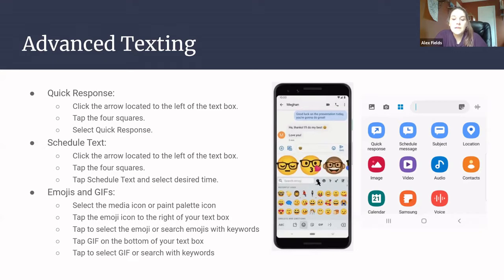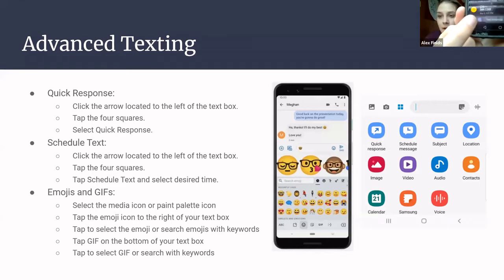And there should be a smiley face or some sort of, and I can pull it up on my phone real fast. So it might look like this on your phone. So here I have a plus sign. On their phone, they have a smiley face. On other phones, it might look like a